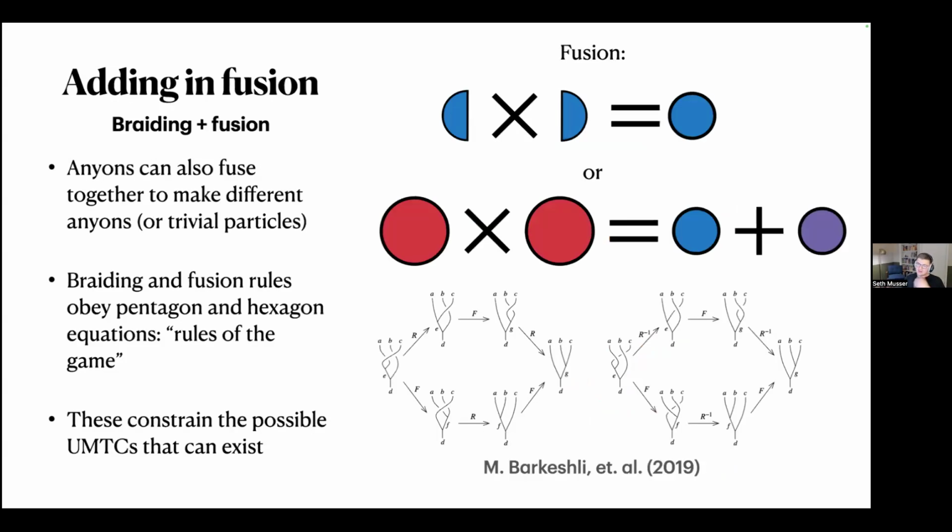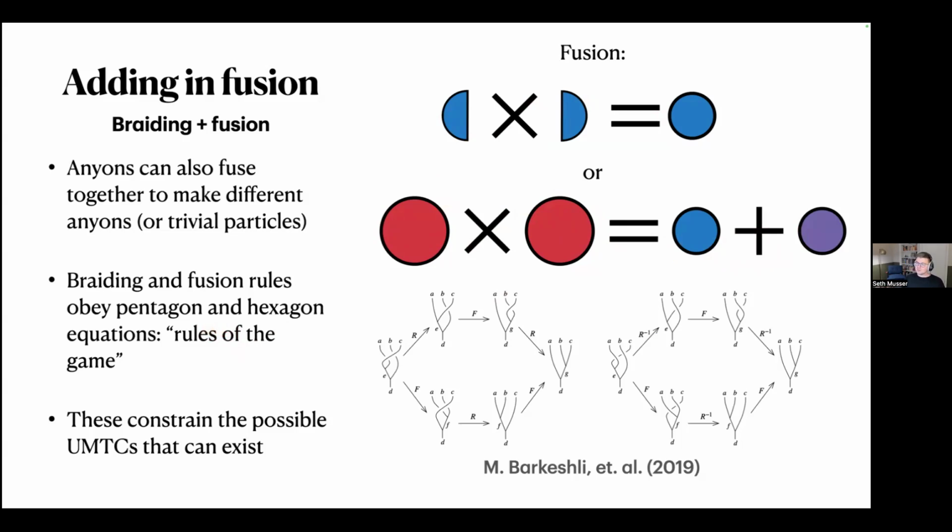Okay, we have braiding, and we can also add in fusion. So if we have our background anyon, which is half of the boson, fusing two of those should give us the boson. But this is the case for abelian anyons: fusing abelian anyons will only ever give you one fusion product. For non-abelian anyons, which I'm representing as these larger marbles, say, fusing can give you multiple different outcomes, so different fusion products.